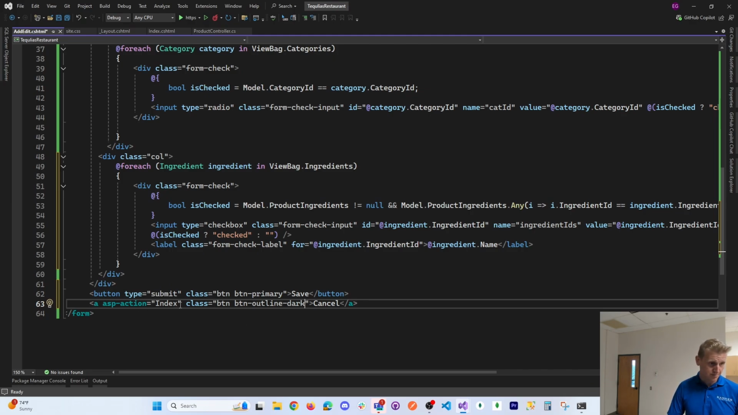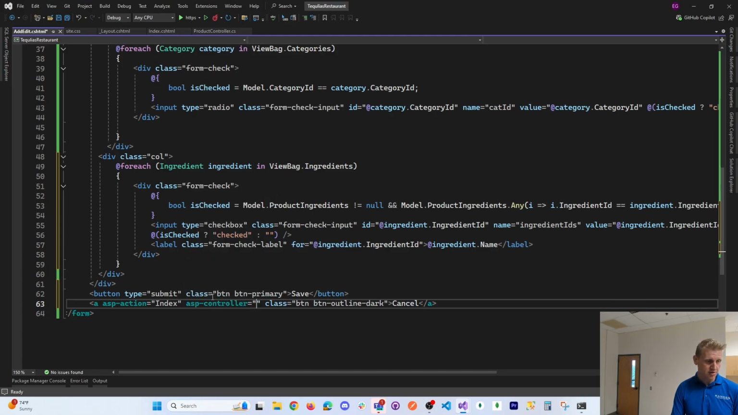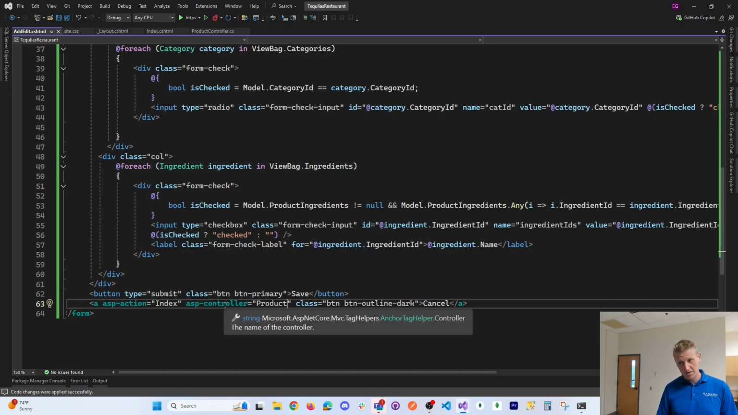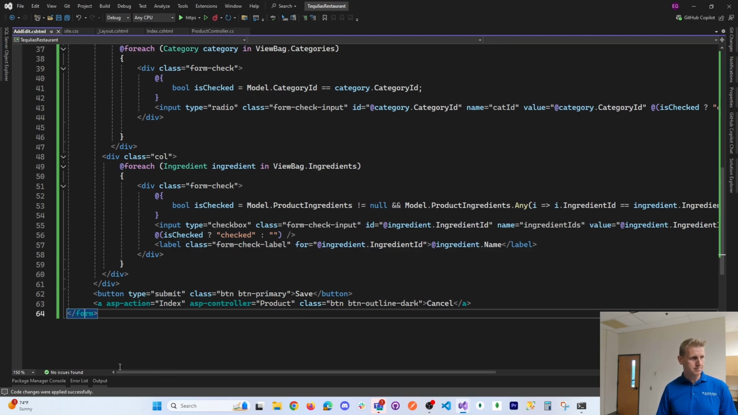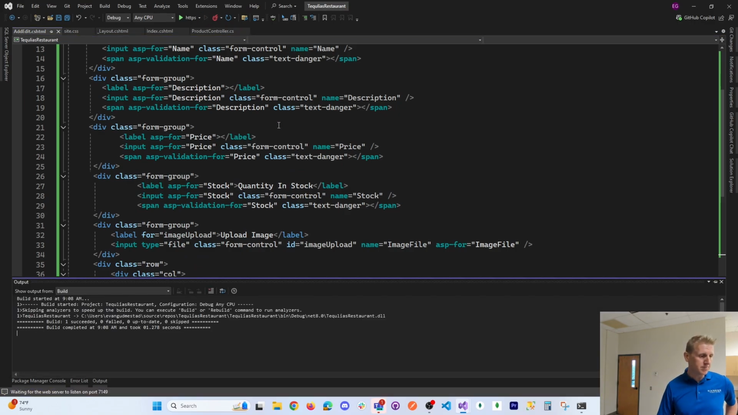I should assume the product controller, because that's the controller. But sometimes I like being explicit with that. Close the form. Okay, so now this form at least looks like it's ready to do work, but it's not